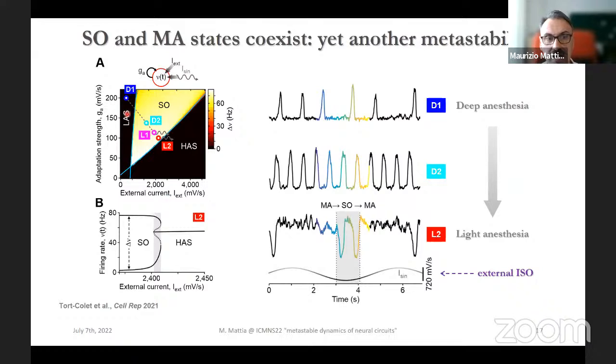Indeed, we confirmed this under near-field approximation. We found that this region where we have L2 is where, as we are moving in this direction, you have on the left only slow oscillation. So this is the tip at the bottom of the slow oscillation in the firing rate. And on the right, you have only one fixed point. Right, I'm almost finished. And you see that here you have a limit cycle coexisting with an equilibrium point. And this is the place in the bifurcation diagram where you can have this alternation between microarousals and slow oscillation.